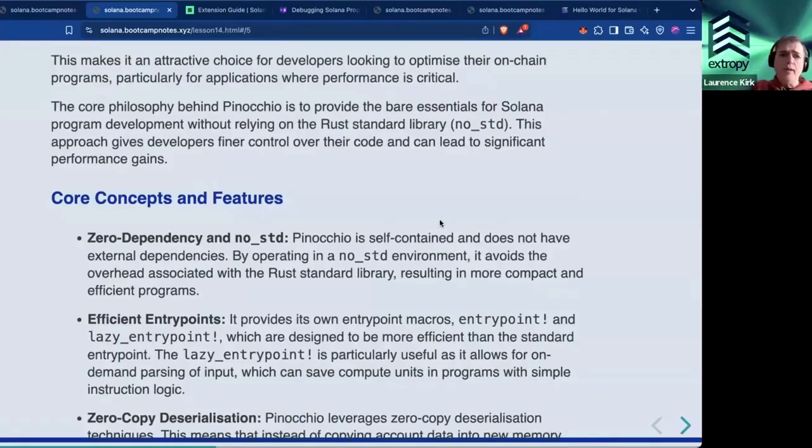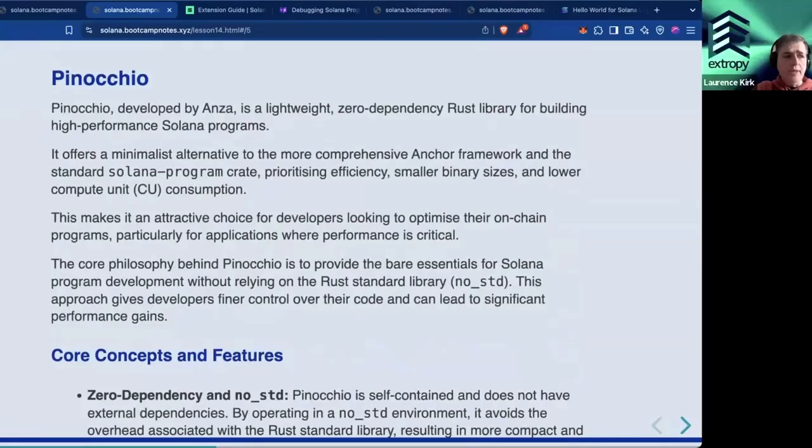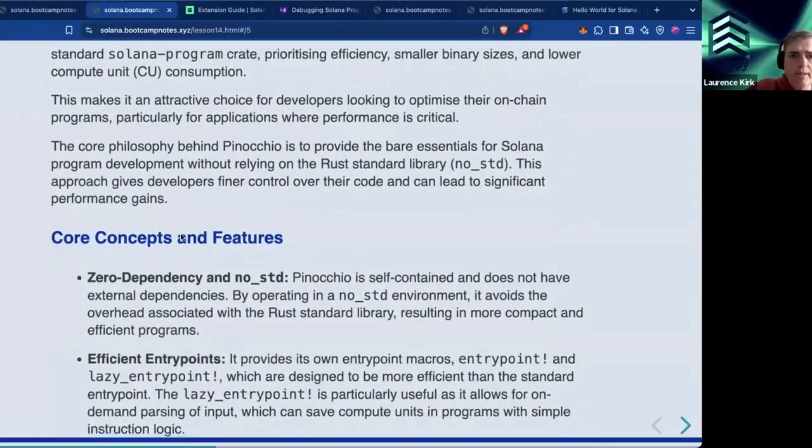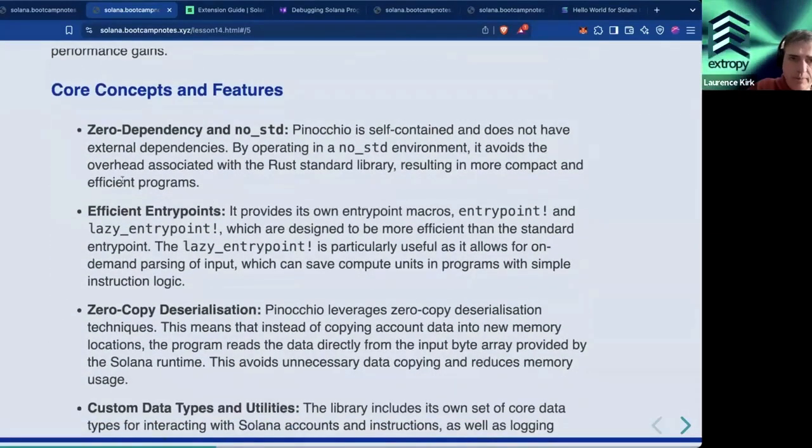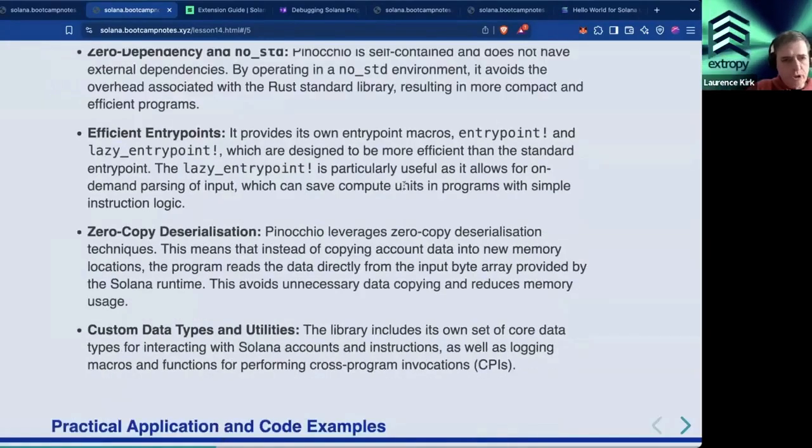Also, they have the idea that you have no dependencies. You're not depending on other libraries, and you're not relying on the standard Rust library either. So again, this helps with the efficiency of it and the fact that it ends up being quite small. So the idea of not having dependencies is good. You're not reliant on things that could potentially break, and it's more self-contained,